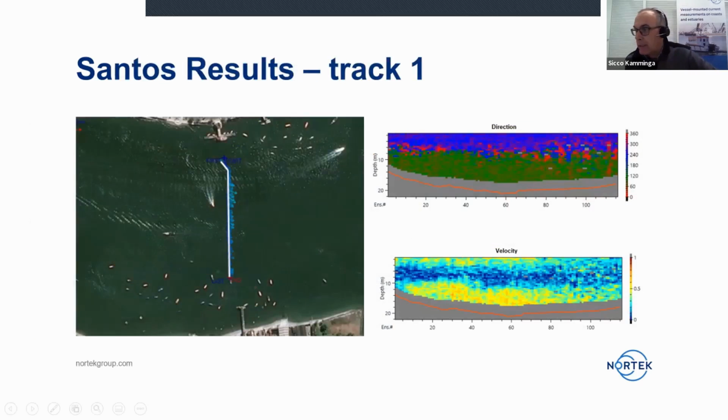This is the first track, and the track started here on the northern tip, and this is the end part on the southern tip. It was about 300 meters length. And what you see is nice little flow arrows here. These arrows indicate the depth average flow, so the average of the flow over the full water depth. And you see that that's pretty small here. This is just some tens of centimeters a second on the northern tip, and then here on the south it's